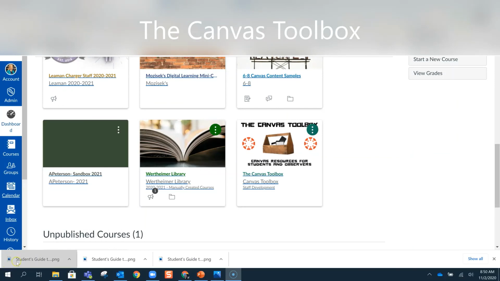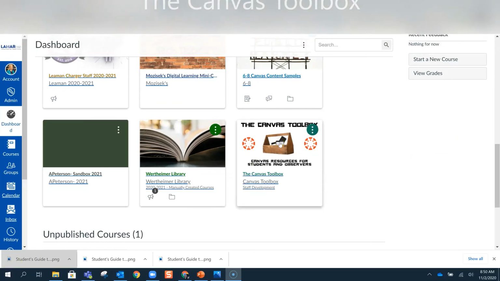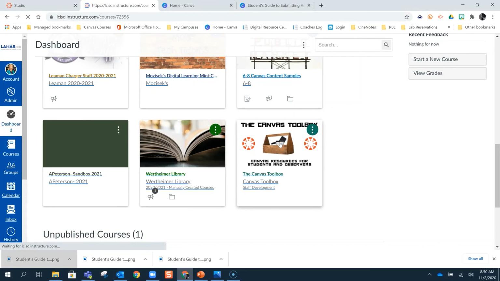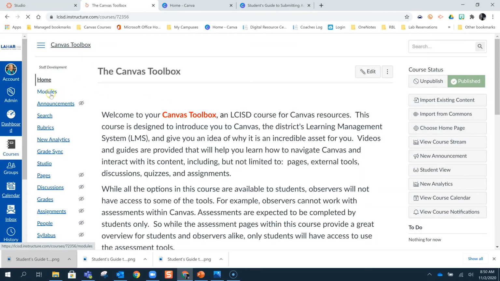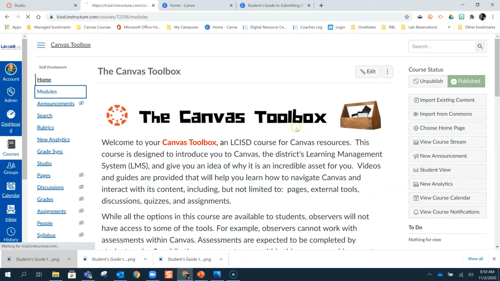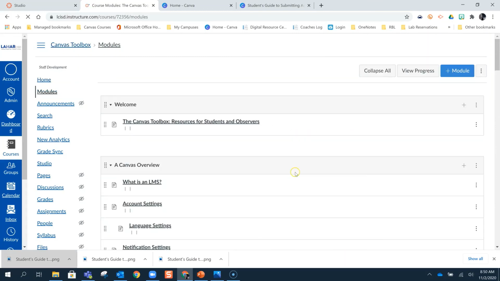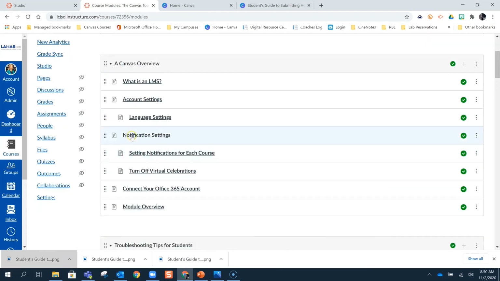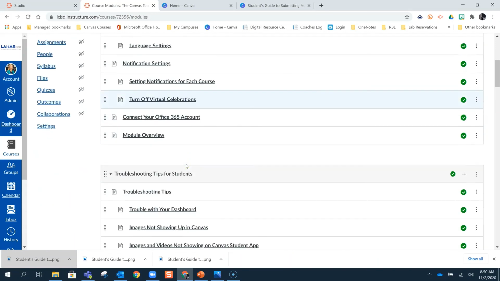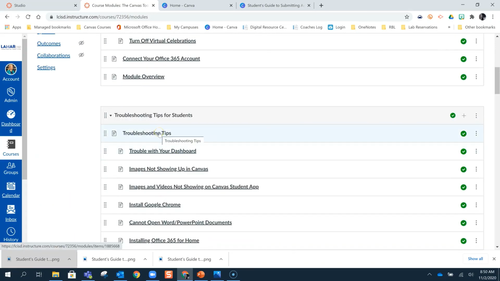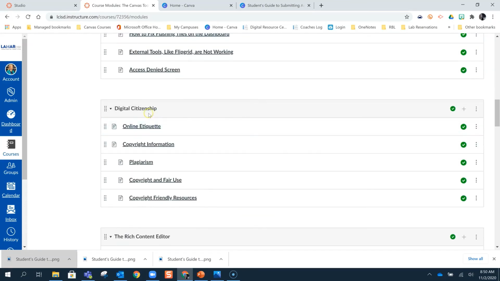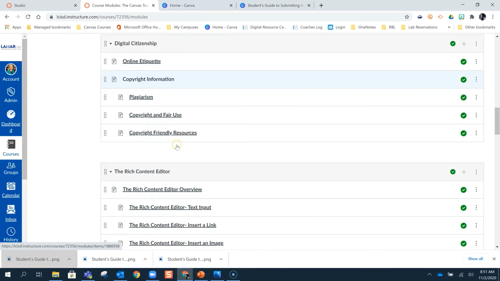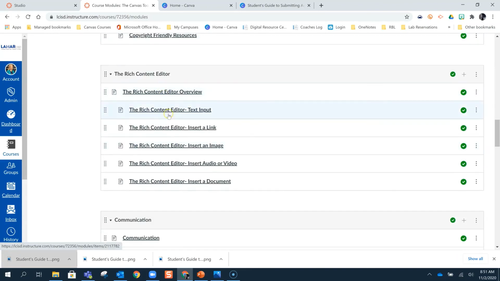Students, did you know you have access to the Canvas Toolbox on your dashboard? There you can find lots of information that will help you navigate your Canvas courses. Click on Modules to see more. Once you scroll down, you can see an overview of Canvas. You can learn more about your notifications. You can find some tips for troubleshooting common problems. You can learn more about being a great digital citizen, the rich content editor,